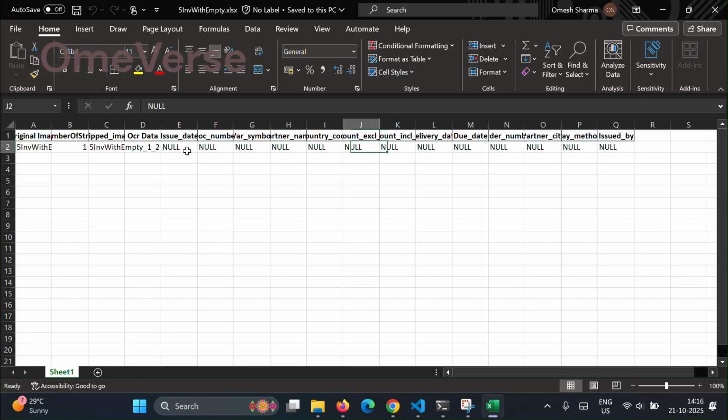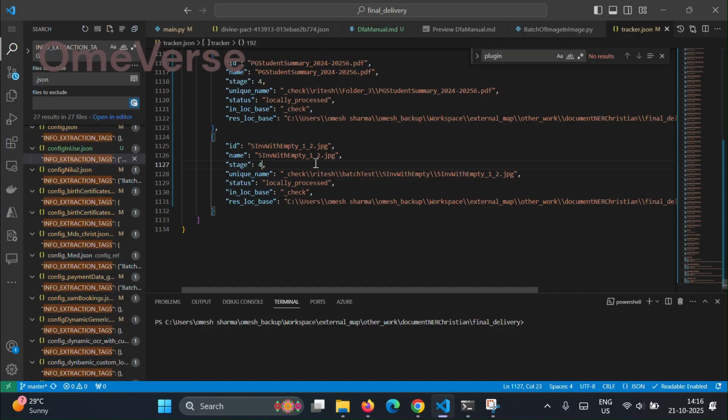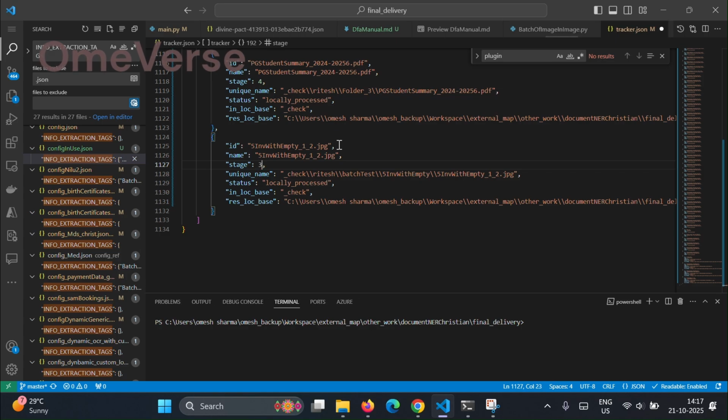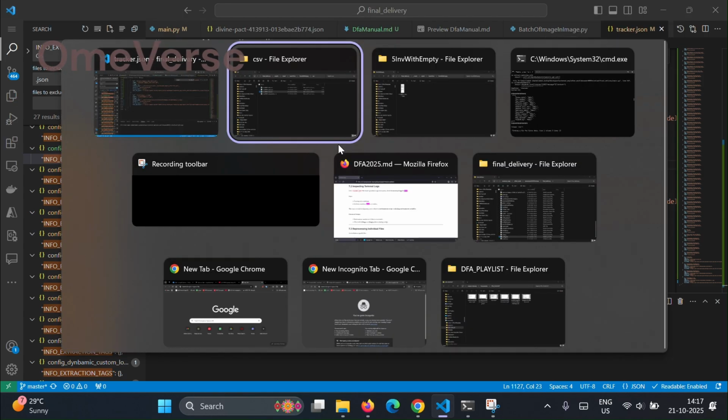The null is the case when there is an exception or error. So in that case, you can go to your tracker file and change to stage 2 and look for the token or some configuration issue from the OpenAI dashboard and fix it, and then rerun it again. You will get the results. So here I'm going to move to stage 2 again. Sorry, and I just go to the